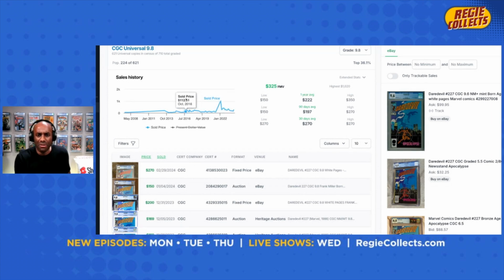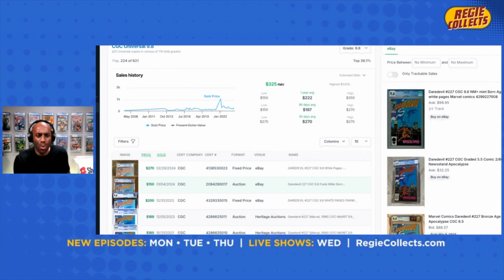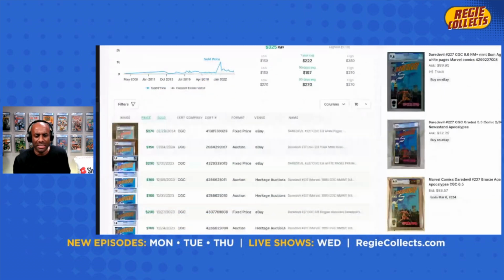And since that time, the value of this book has dropped. It dropped by April to $273. The next high watermark was again in April of 2023 for $349. And now in February of 24, the average price is $269. On the right-hand side, you can see FMV is $325, 30-day average $270. Most recent sale in February, end of February, $270 to sell. Before that, $150. Before that, $200, $169. Again,